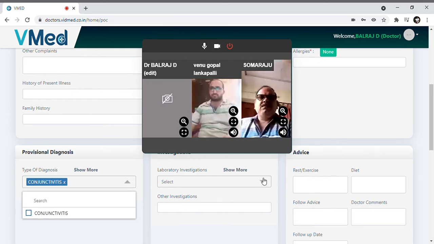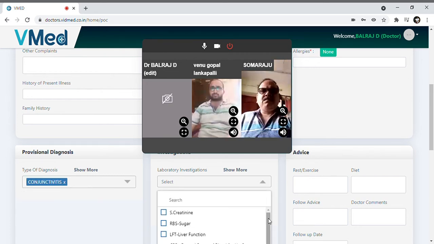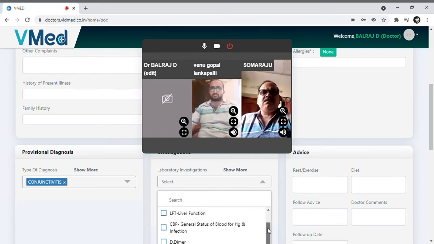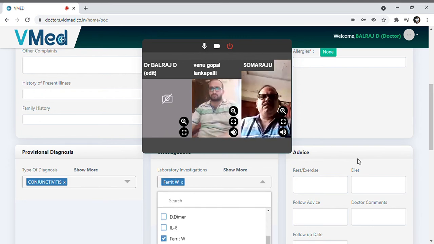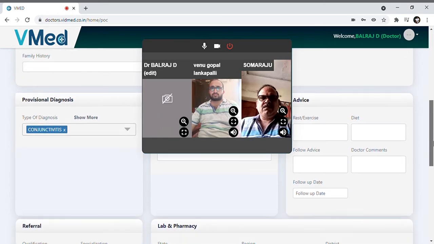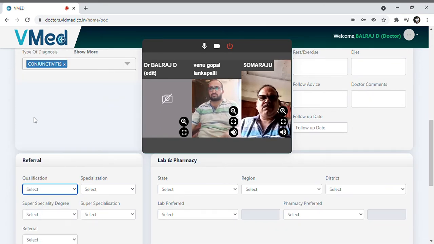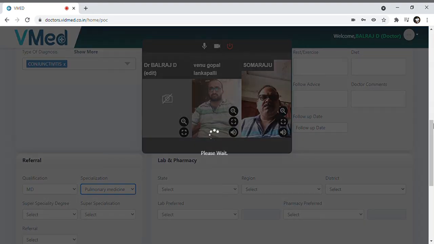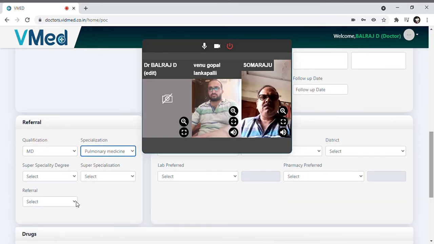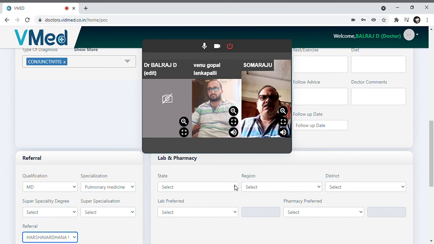So this way the COVID-19 form will be helpful for us to identify the COVID patient history and details. So now you can see all other vitals and provisional diagnosis could be entered by the doctor. So now the doctor can enter all the details, and we see that all other lab investigations can be given by the doctor. Lab investigations we can select and advise him to get it done from our list of labs and pharmacies tied up with our telehealth. And if the doctor wants to recommend a higher health specialization doctor to be seen, we can give it through our referral system.